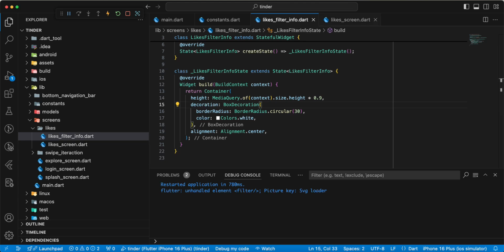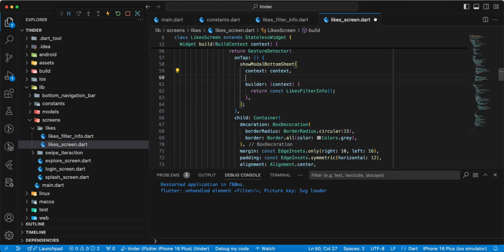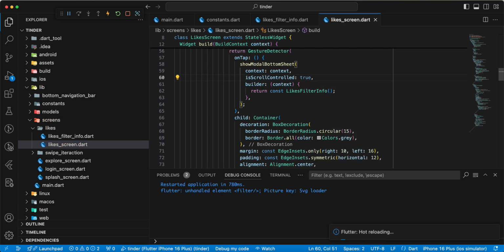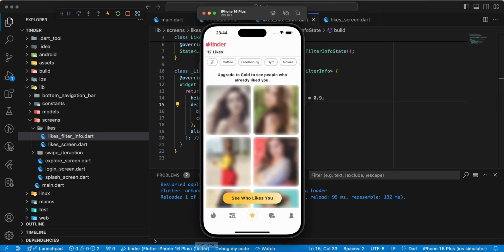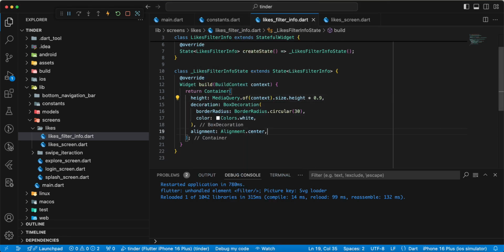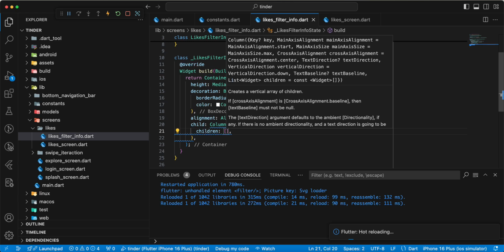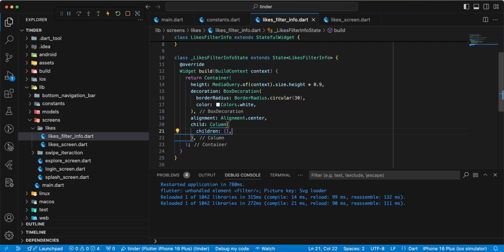and we open likes screen, and we use parameter isScrollControlled, write true, then we write child, write column, then we add children, and we add title likes filter and icon close, showModalBottomSheet, add information,